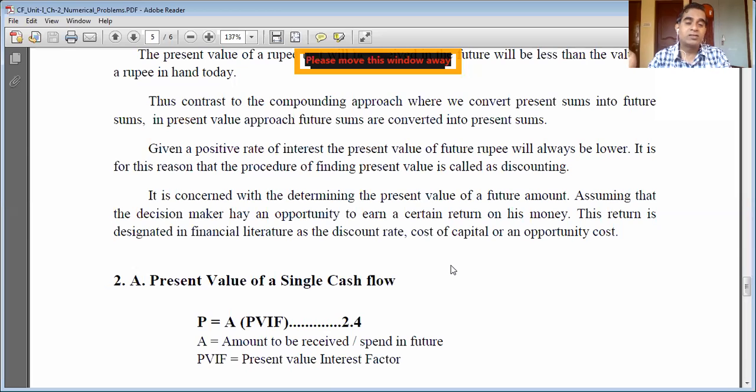When I convert the 6 lakh rupees, which I'm going to receive in future, to the present value at a discounted rate, then I can compare my investment of 5 lakh rupees with the present value of my future returns. So if the present value of the future returns is more than 5 lakh rupees, yes, I must purchase the photocopier machine. I must invest in the machine. If the present value of the future returns, that 6 lakh rupees, is less than 5 lakh rupees, then I should not invest in the photocopier machine because it will be a loss.